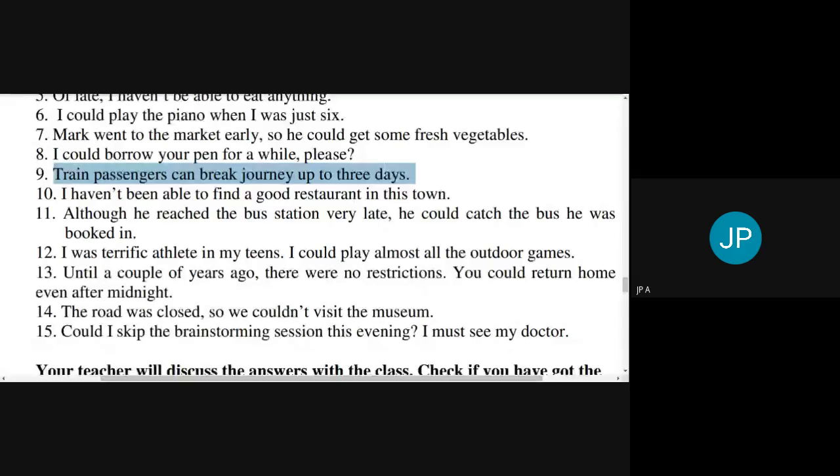What is the advantage of having a single ticket? With a single ticket, the charge from Thrissur to Delhi will be less compared to taking separate tickets. For example, if I take three separate tickets, Thrissur to Vijayawada, Vijayawada to Bhopal, and Bhopal to Delhi, the charge will be very high. But if I take a single ticket, I can travel at a lesser fare, at a lesser charge. That is called break journey. In train parlance they call it break journey. So it is very advantageous for the passengers who cannot sit continuously in the train.